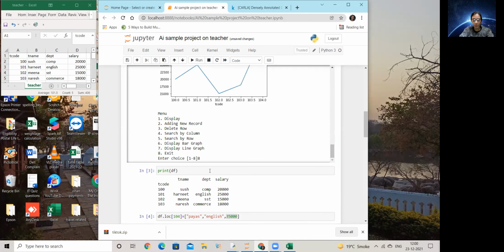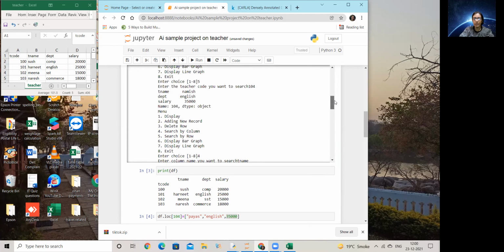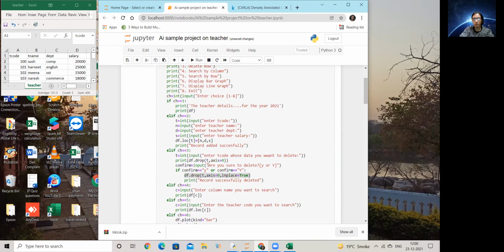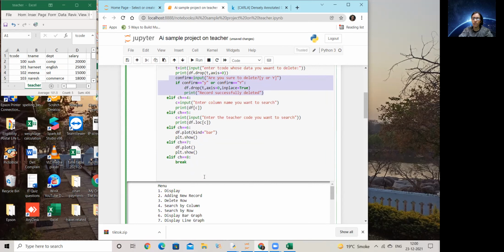So in order to capture what it will show after deletion, I have added a print statement for the non-permanent deletion, and then further I ask if you want to delete, and if yes, then I do it. So it's like a double check. I put in a small validation here because I found this was easy for you people to handle. Right? So that is how this whole story is going to work.